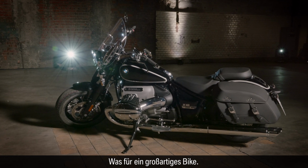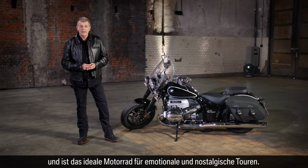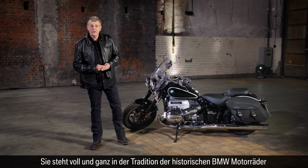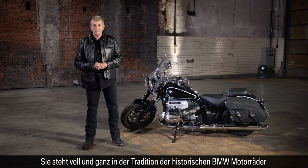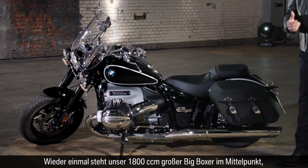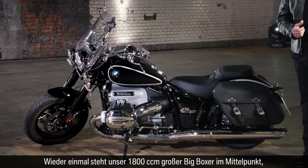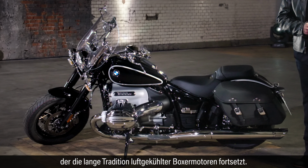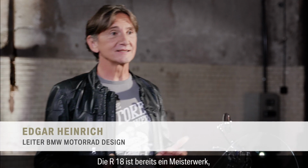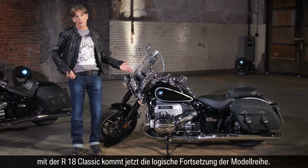What a great bike! The R18 Classic is a perfect bike for emotional and nostalgic touring, and is our second offer in the cruiser segment. It stands entirely in the tradition of historical BMW motorcycles and reflects the early days of the first touring cruisers. Our 1800cc big boxer is once again the epicenter of pure riding fun and continues the long tradition of our air-cooled boxer engines. The R18 is already a masterpiece, and the new R18 Classic is a very logical addition to